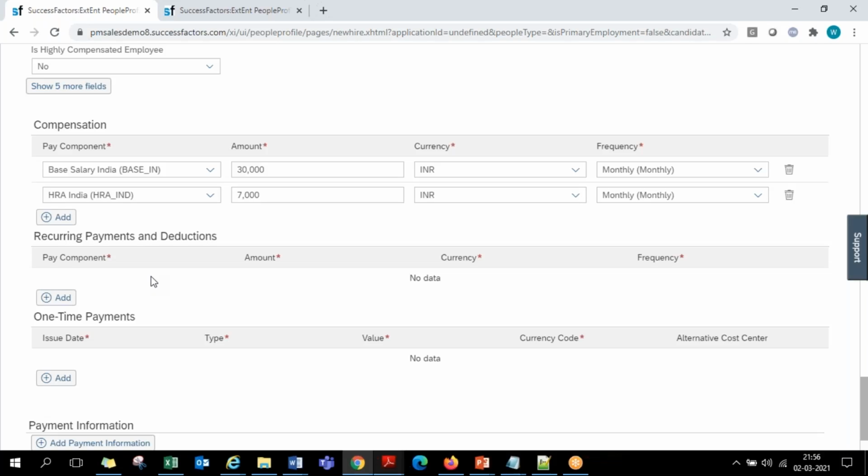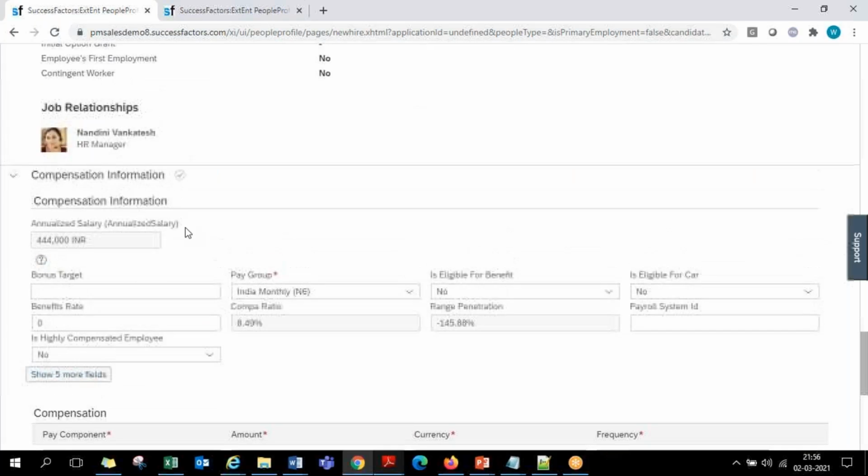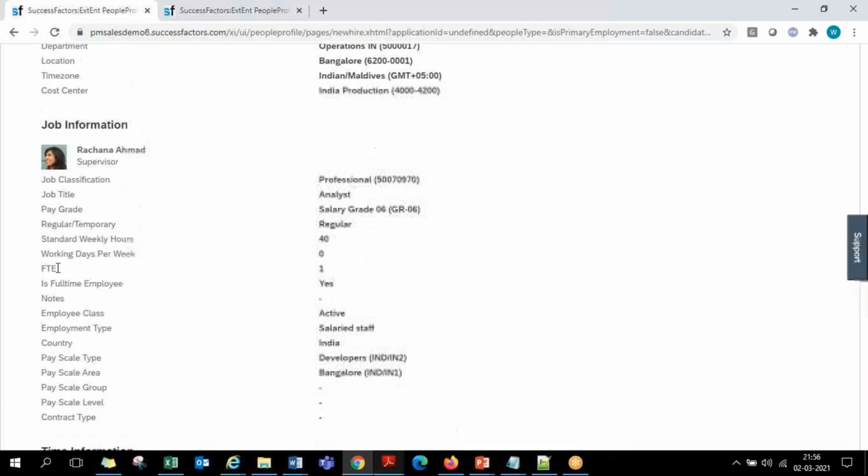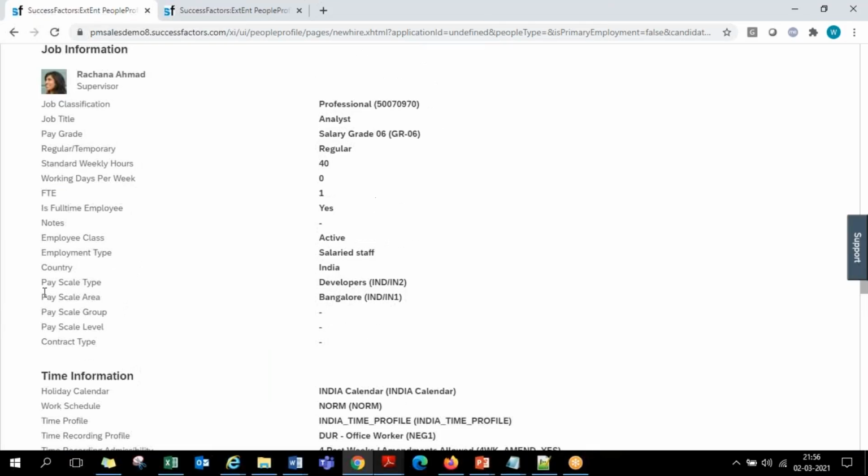Okay. Suresh, in SAP, we have pay scale, groups, and levels on the basis of which we can auto-populate all the components. So do we have that also? Yeah, in the job information, these fields are there. You enter it, and you come to the compensation section. Based on these things, I can write the business rules in the background to auto-populate the salary structure. Pay scale, type, area, group.